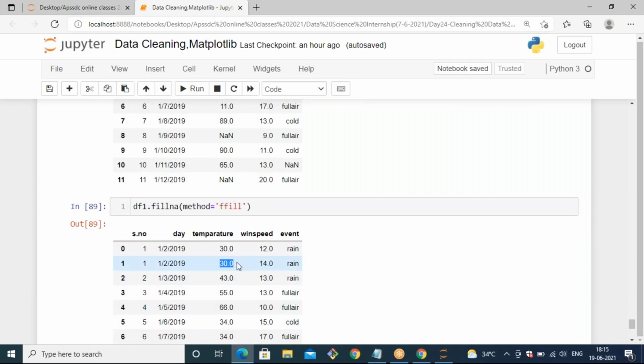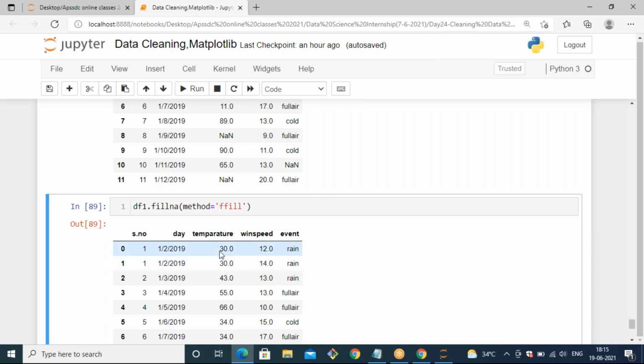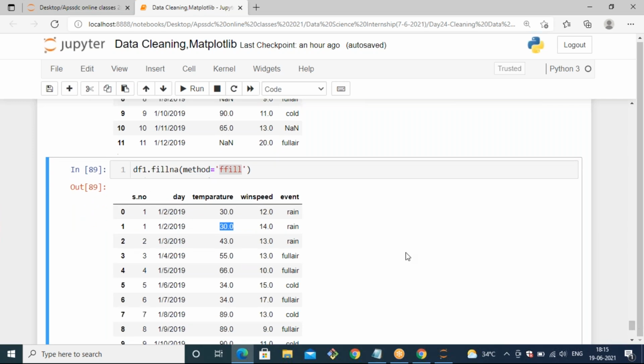This NaN value should be replaced with the previous value, because we are applying a filling method, that is ffill. ffill means forward filling. So whatever the forward value is, with respect to that one it's going to be filled. So the value here is 30.0, so the NaN value should be filled with that value.